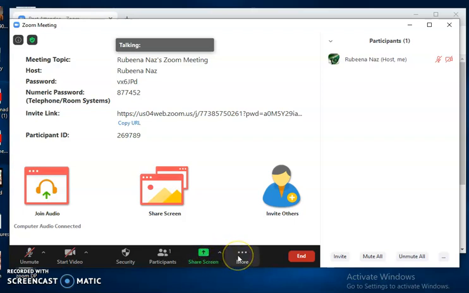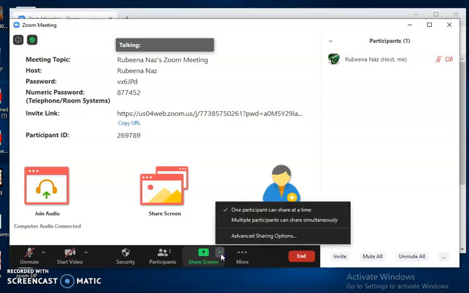One thing more, next to screen share there is another button where you can check further functions and choose according to your own choice, like whether participants can see your screen as they enter, whether multiple participants can share simultaneously, or only one participant can share.